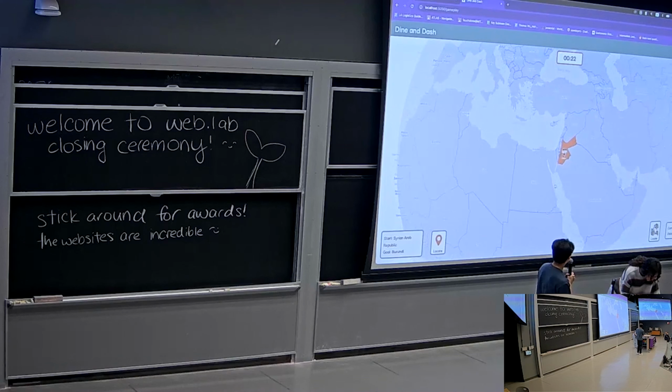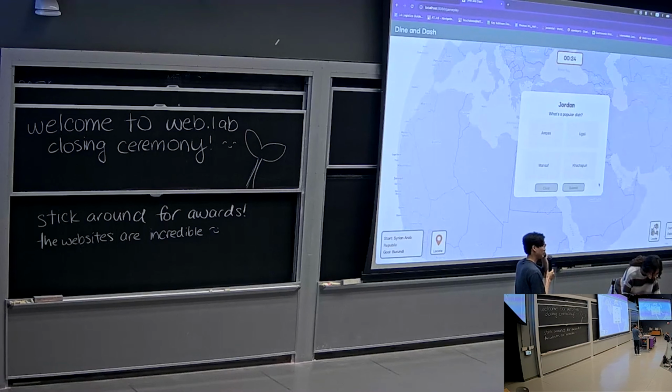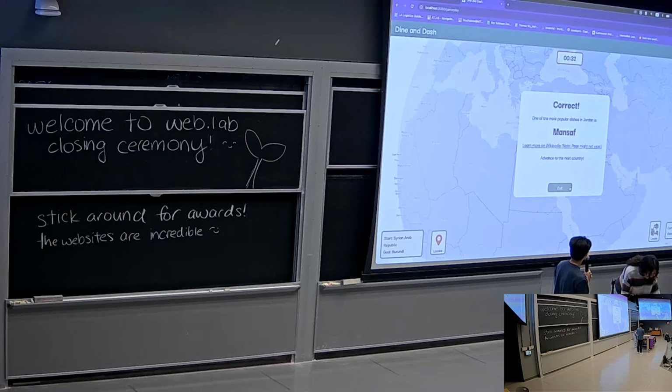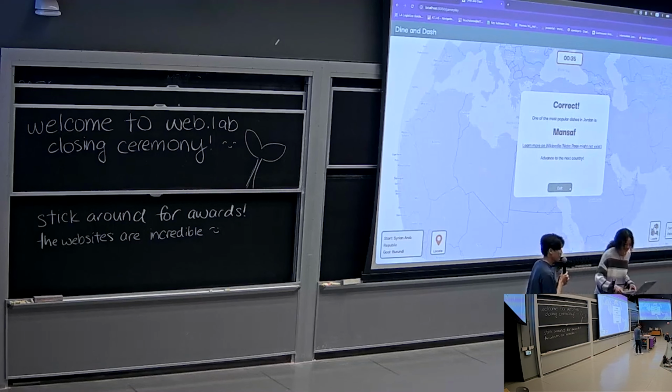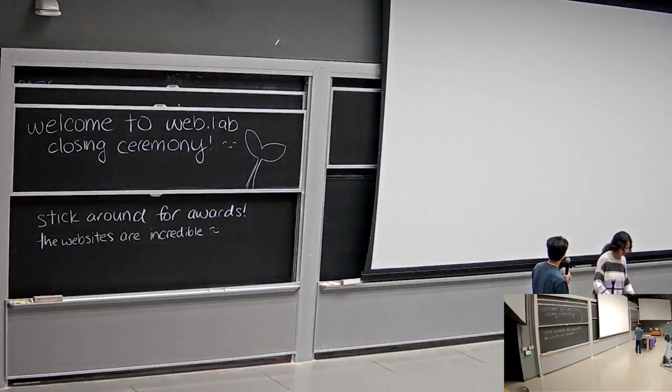adjacent country. And so I'll leave the audience to answer this. If anyone can answer, what's a popular dish in Jordan, and which of these four is the correct answer? That's correct. And so when you get a question right,